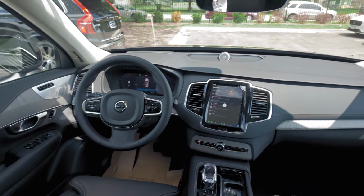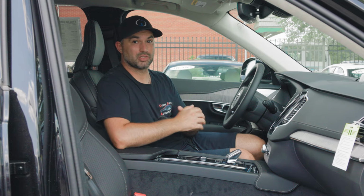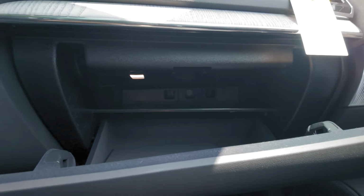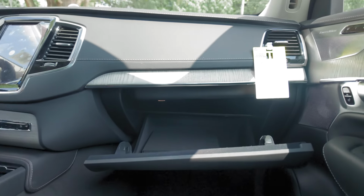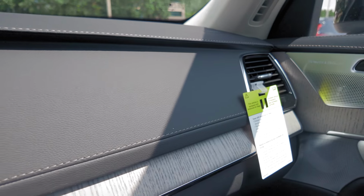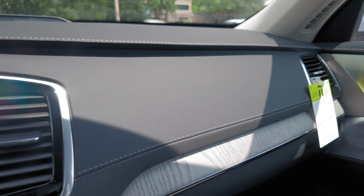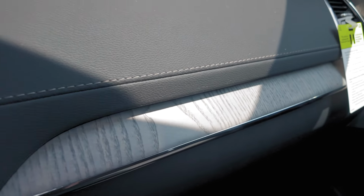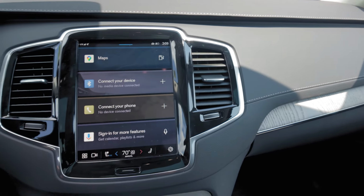I don't want to waste too much time just blabbering. Let's just jump in and look at some of these features. Starting off with our passenger side, we have a fairly sized glove box compartment with a very nice soft felt material, and you also get a shelf in there if you want to store your sunglasses or whatever else you want to store. Right above the glove box, we have actual ashwood trim here on the dashboard with chrome trim, as well as leather with the light gray stitching, which is actually exclusive for this trim package,